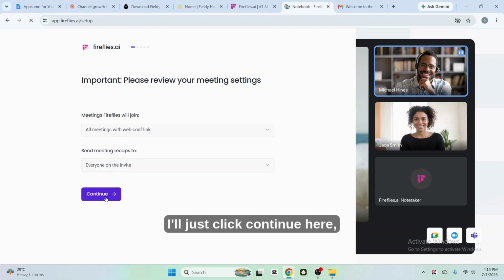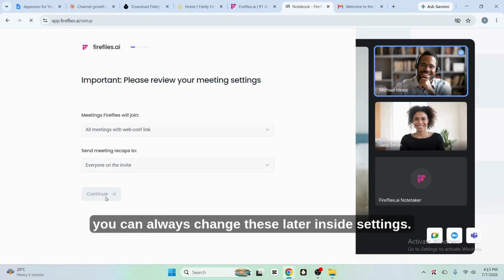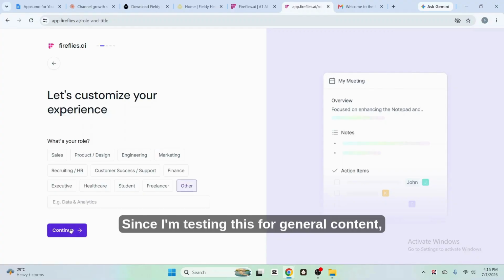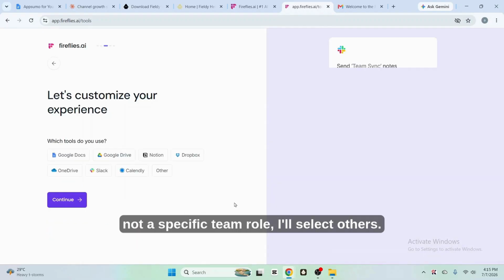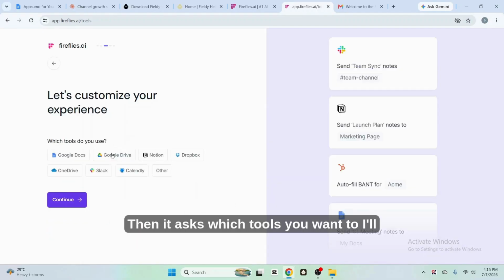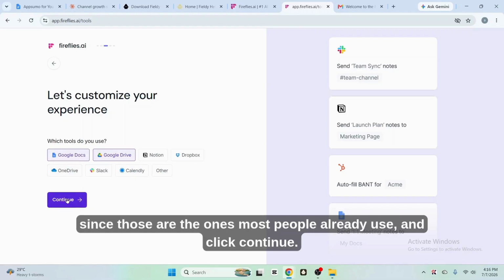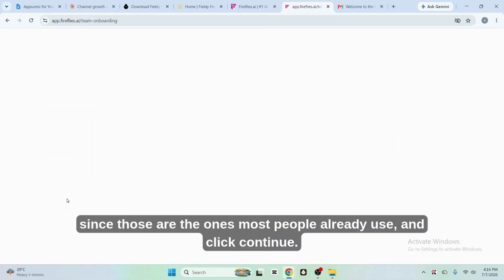I'll just click Continue here. You can always change these later inside settings. Next it asks what you do, sales, engineering, marketing, and a few others. Since I'm testing this for general content, not a specific team role, I'll select others. Then it asks which tools you want to connect right away. Google Drive, Notion, Google Docs, Slack, Calendly. I'll pick Google Drive and Google Docs for now, since those are the ones most people already use, and click